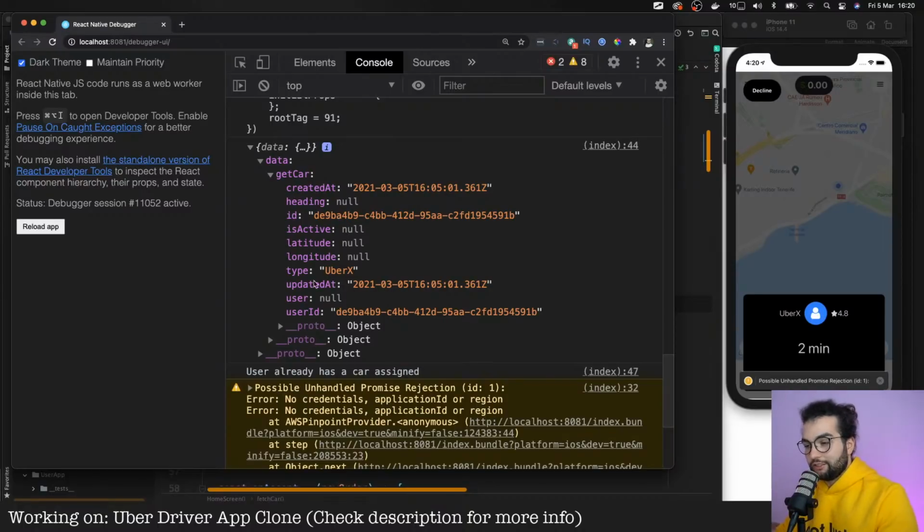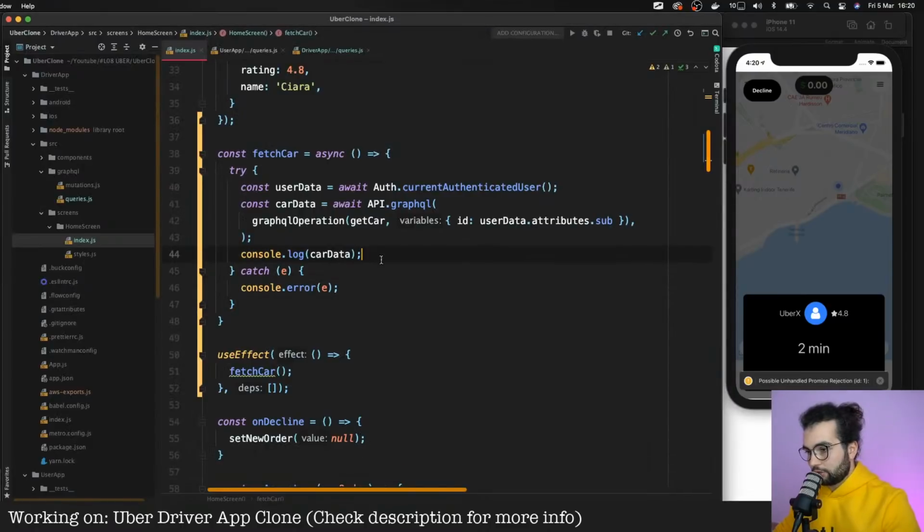So I think we will not even need this connection between the user. I mean, logically it's there, but we will not need to query the connection. But that's okay. If that will be a problem, I'm gonna tell you. We can save all this information about the car in state and then use this isActive to decide if a car is active or not.